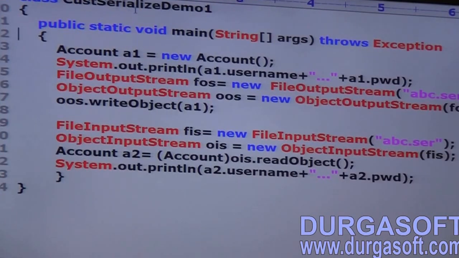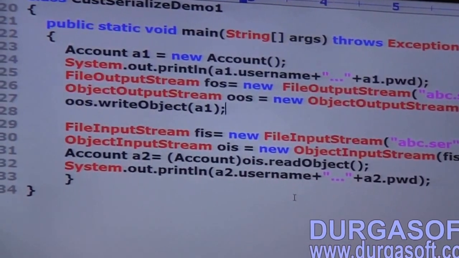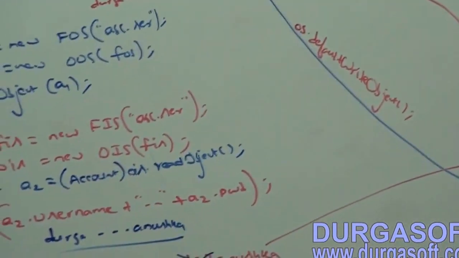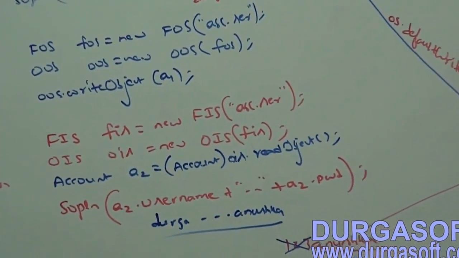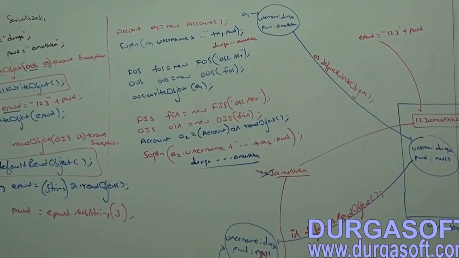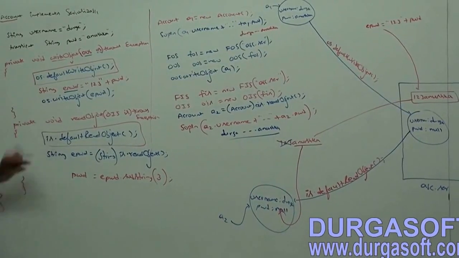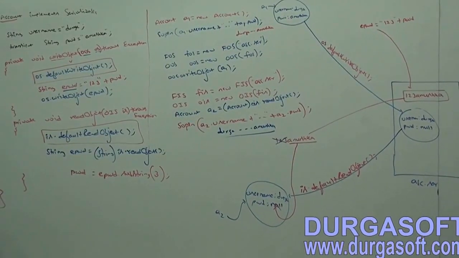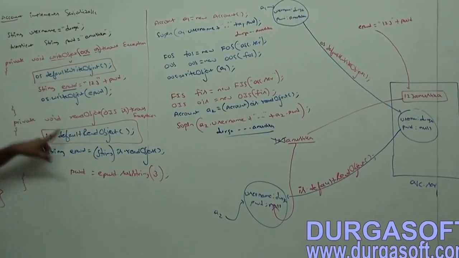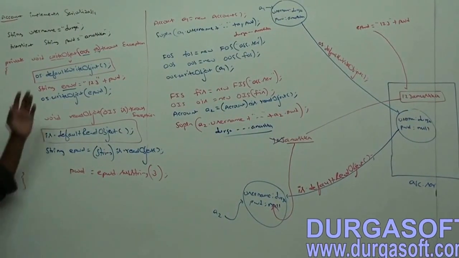Class CustomizedSerializedDemo1. Completed for you people anyway. Code completed, right? After taking it, take the snap once and then, have you observed, better to highlight os.defaultWriteObject and is.defaultReadObject, better to highlight within a box or something like that. In your code, this line and this line better to highlight.